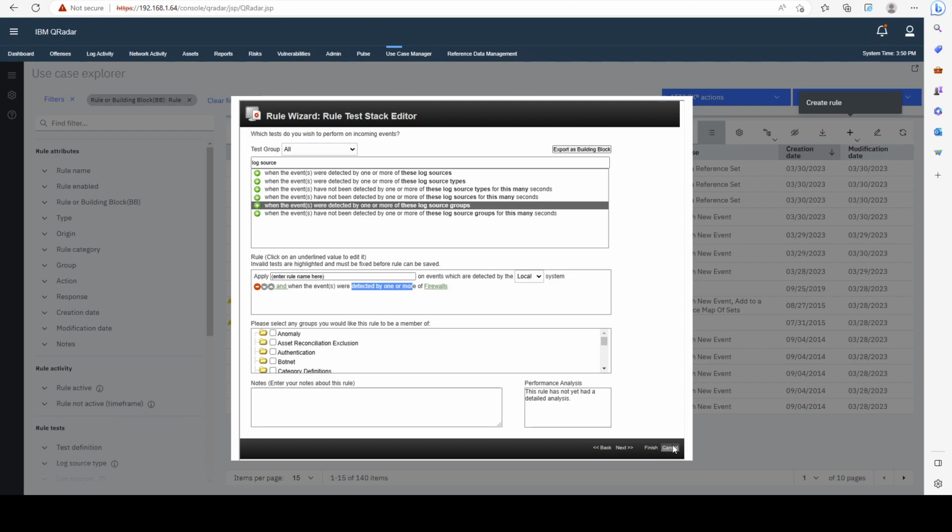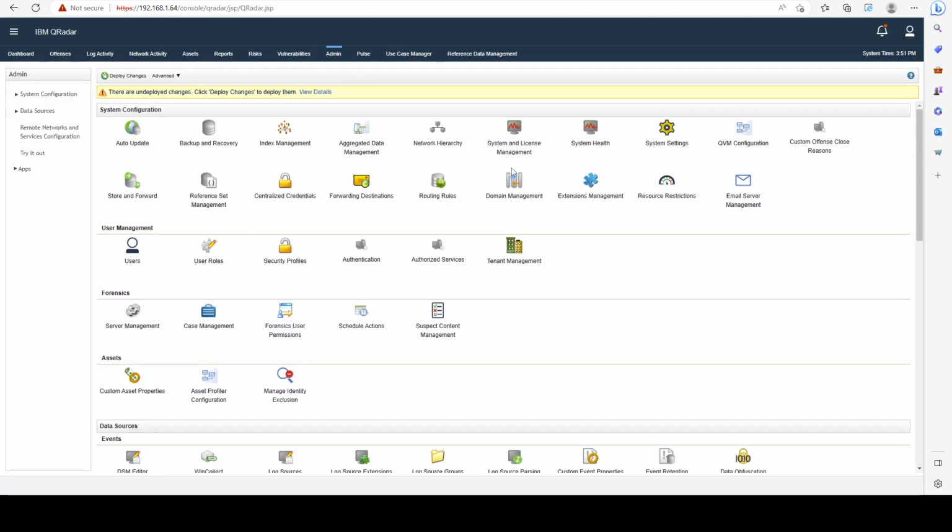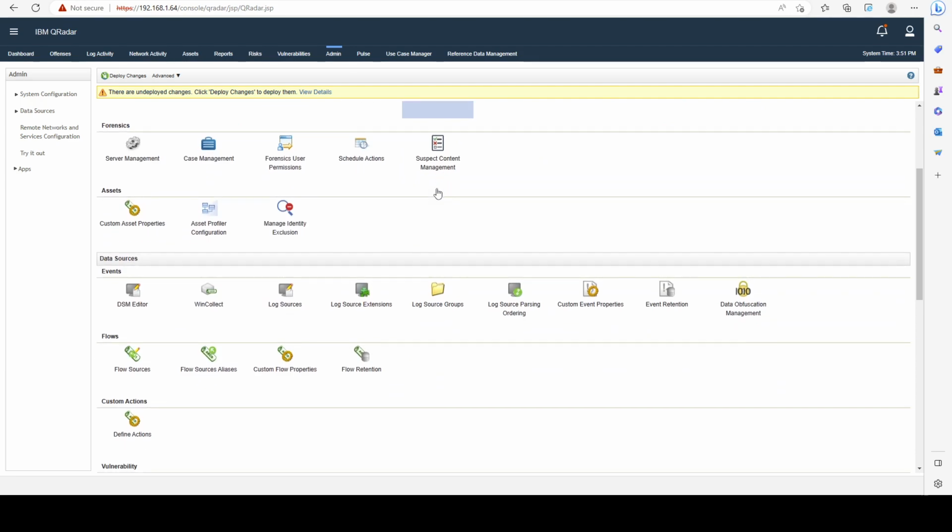And in the last section of the course, when we get to the practical examples, we're going to see how we can actually utilize that in some interesting use cases. But in the current section, this is all of the information we need in order to understand log source groups and